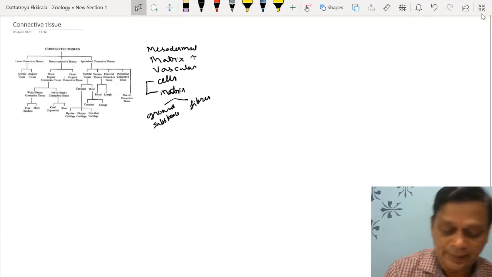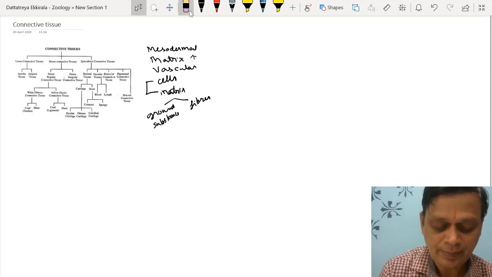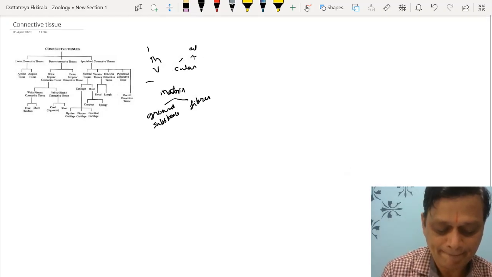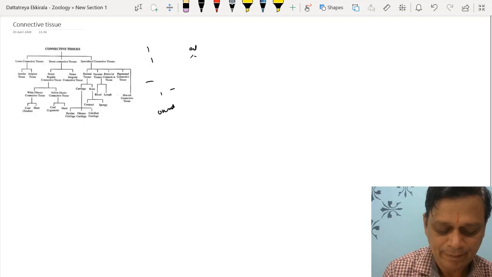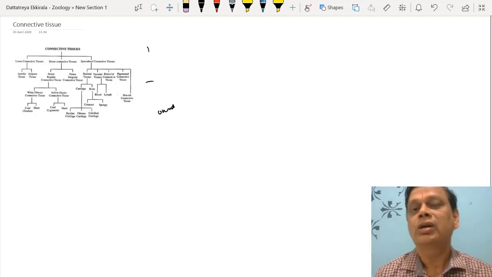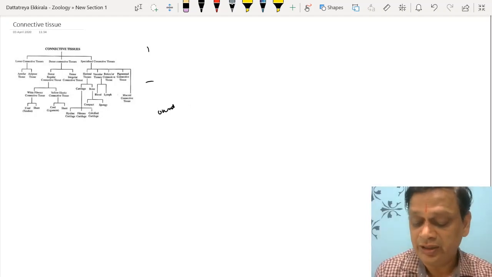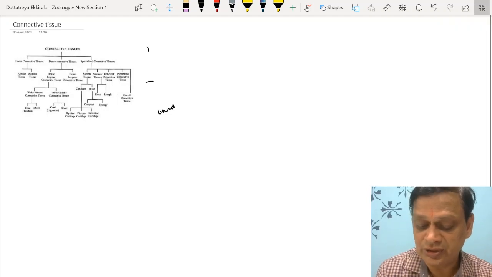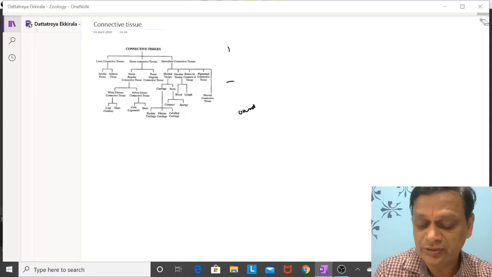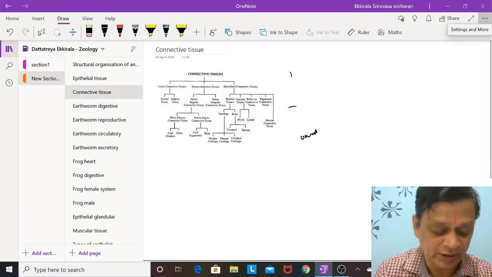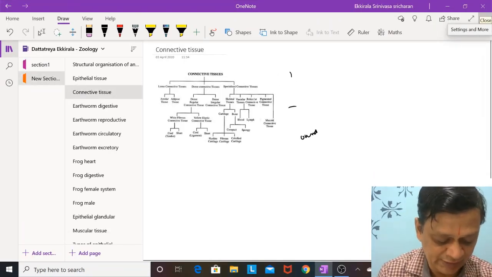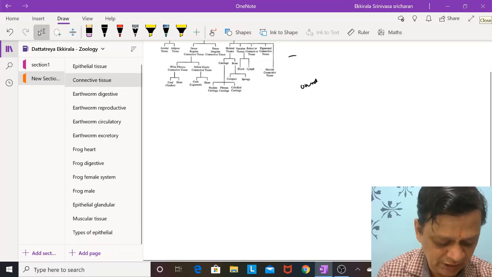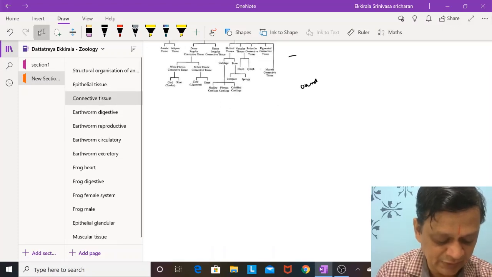So here, the typical variety of connective tissue is actually areolar type. The areolar connective tissue contains different varieties. Here it will contain the different types of cells,